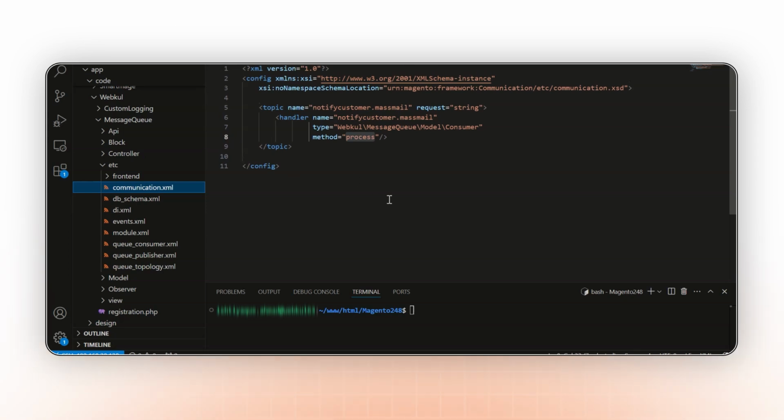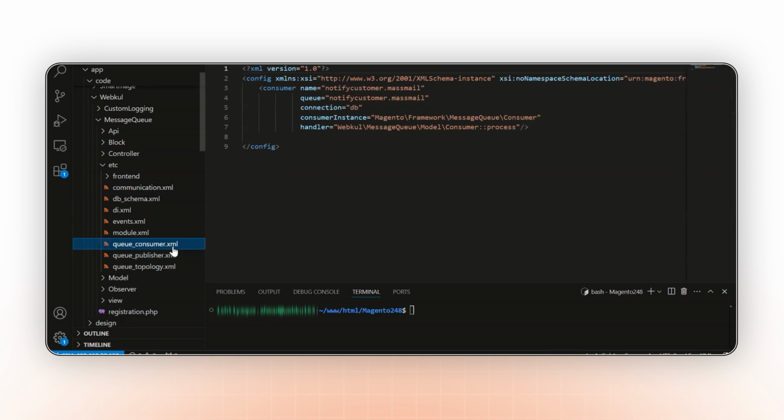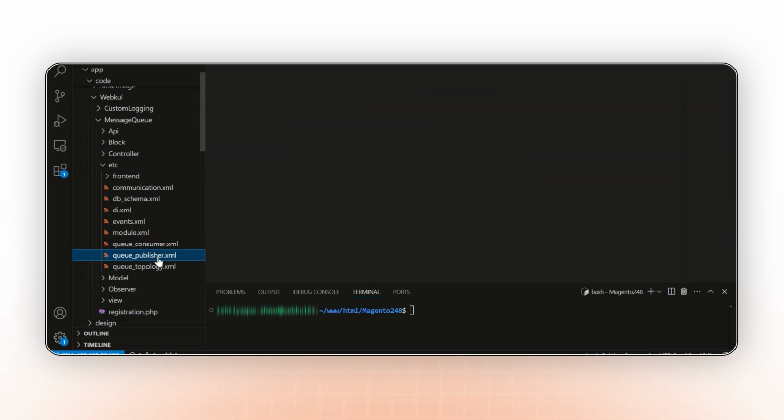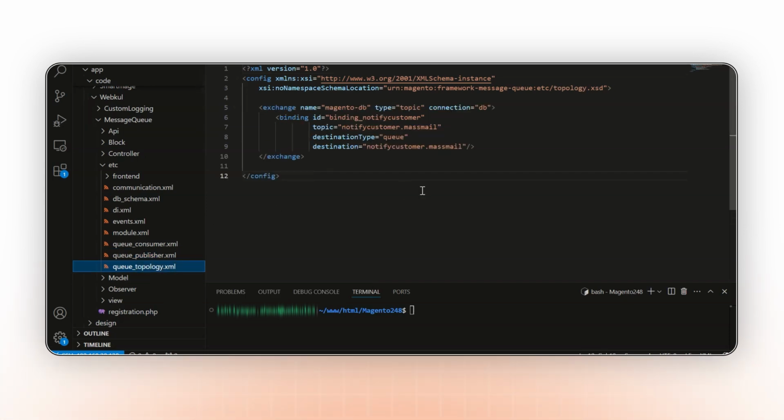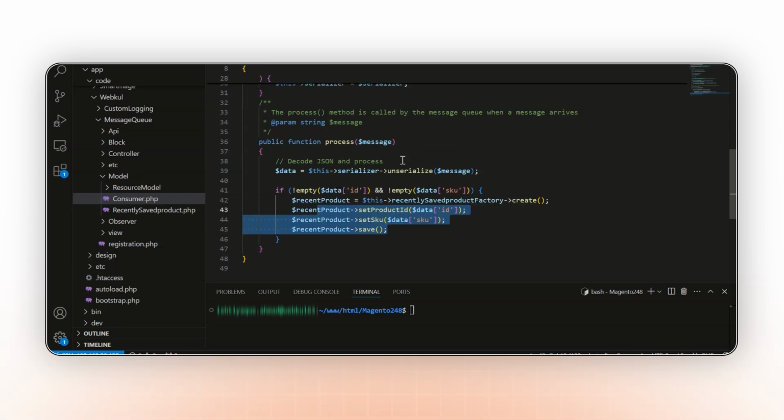In communication.xml, we have mentioned the topic name and handler. In consumer.xml, we have mentioned the consumer name, queue, and consumer instance. Similarly, in publisher.xml, we have mentioned the publisher name and its exchange, and lastly, in topology.xml, we have mentioned its binding with the destination. In this method, it will receive a message that is coming from the queue and process